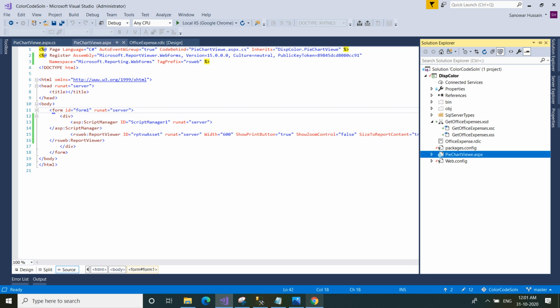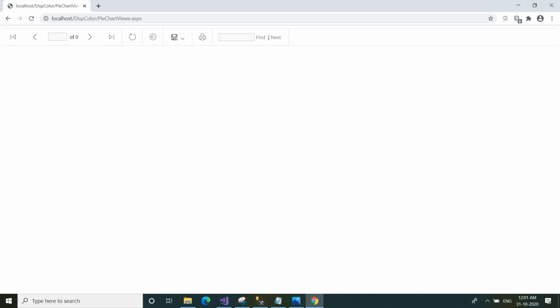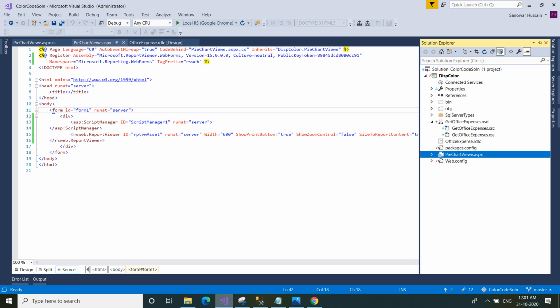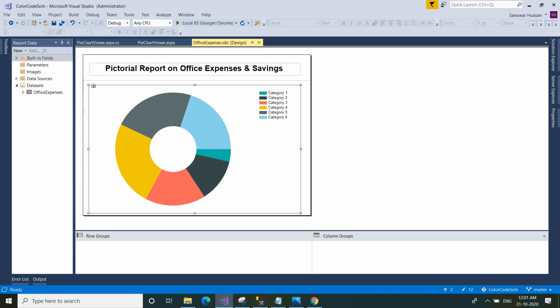Go to the legend, right click on the legend properties, go to the category and right click on this category group properties and label. This is the field. You can change it by writing some expression. Field category dot value